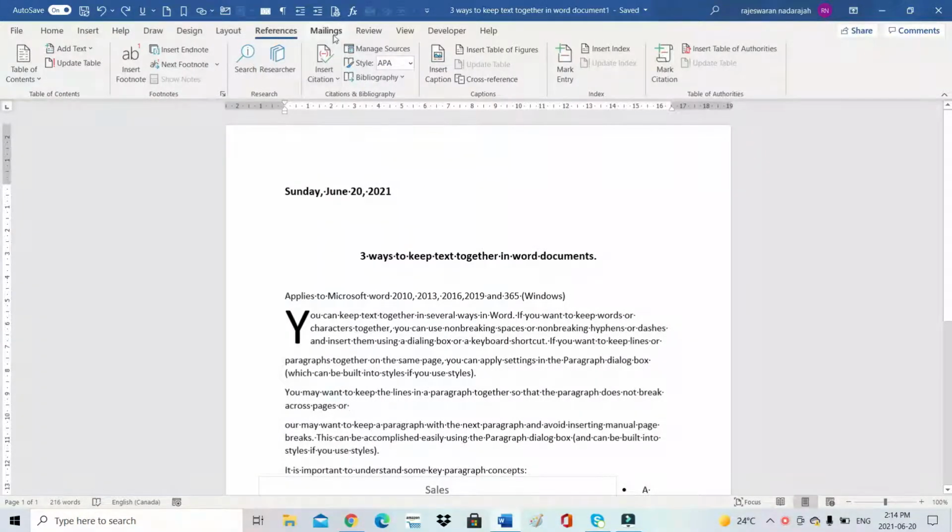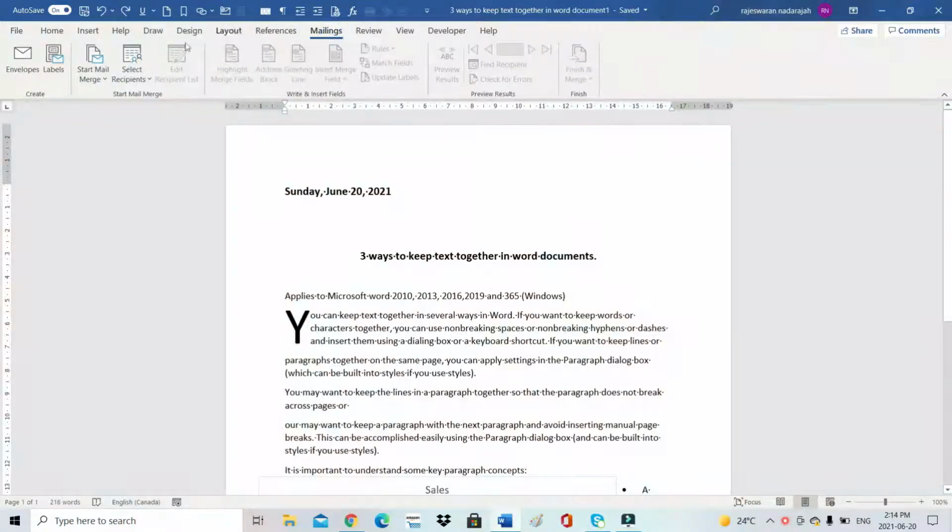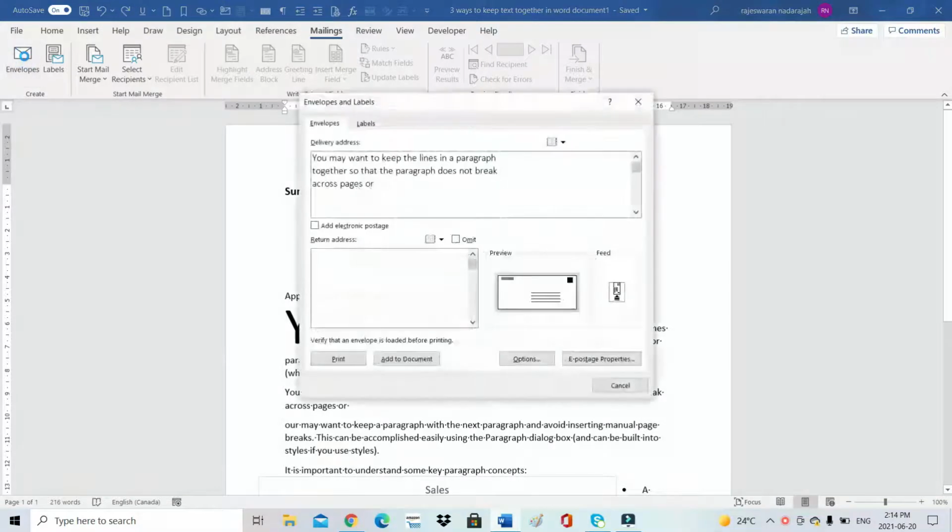After that is the mailing. When you go to the mailing, you always have to know how to make envelopes. You have to type the delivery address in this box. Delivery address plus the return address. That's not mine.